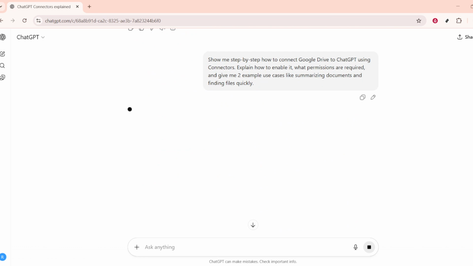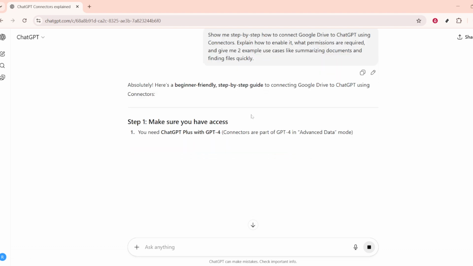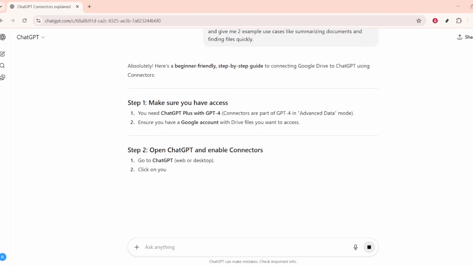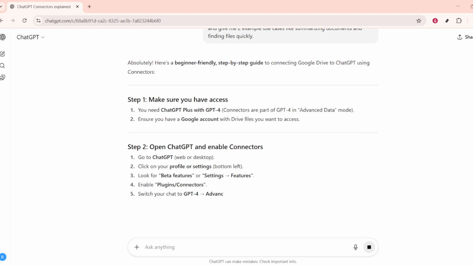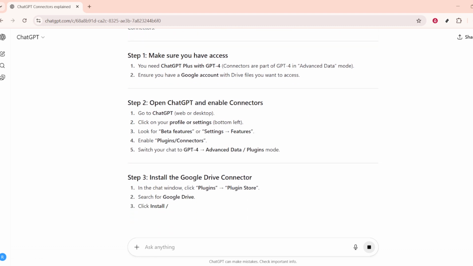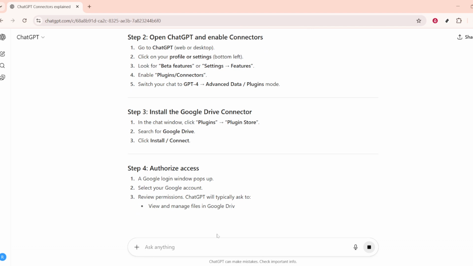Once you have a decent understanding of connectors, the next step is to choose an app you'd like to connect. Let's say you've chosen Google Drive. You can ask, "Show me step-by-step how to connect Google Drive to ChatGPT using connectors. Explain how to enable it, what permissions are required, and give me 2 example use cases, like summarizing documents and finding files quickly." This will provide you with a detailed explanation on setting up the connection, ensuring you know what permissions you're granting and understanding the potential benefits, like better managing your documents and increasing the speed of finding and